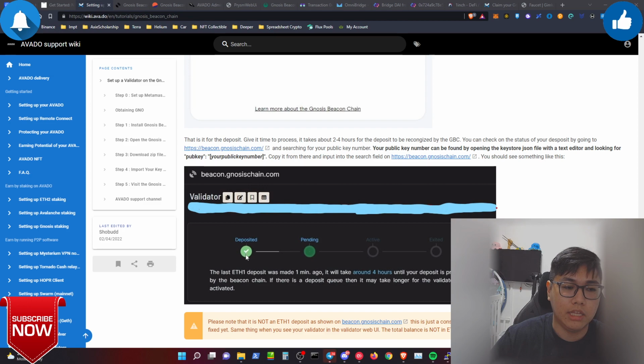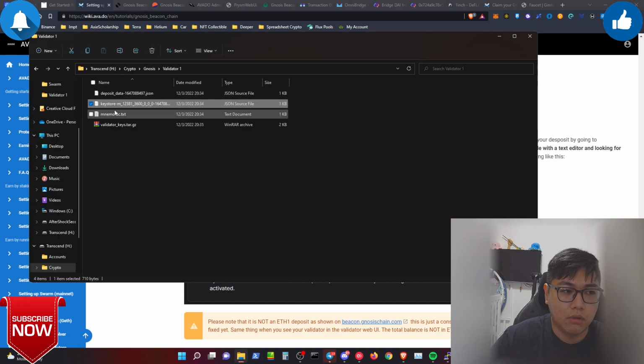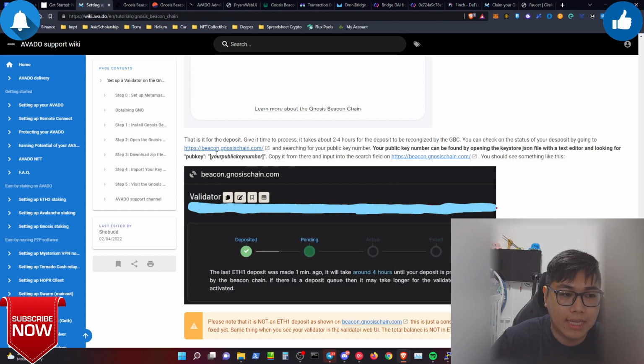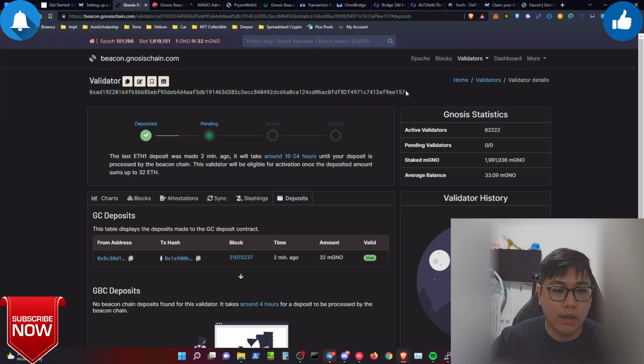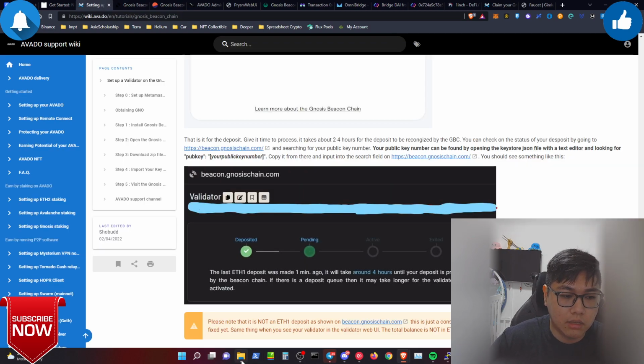So where do you get this page? It's very simple. Head back to your validator keystore file, just double click it, and it's going to tell you the public key. You can see the pubkey is going to be a string of codes, something like that, which is super long. And over here, it's very simple to find your validator key. Just copy the validator key from the keystore file listed on the page itself.